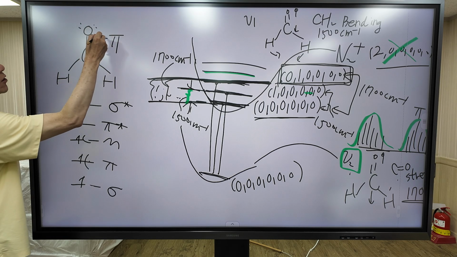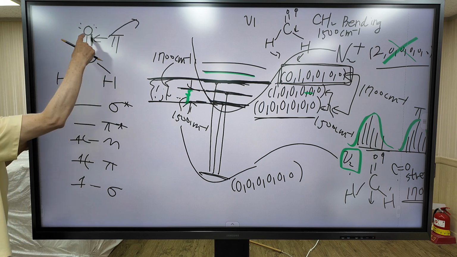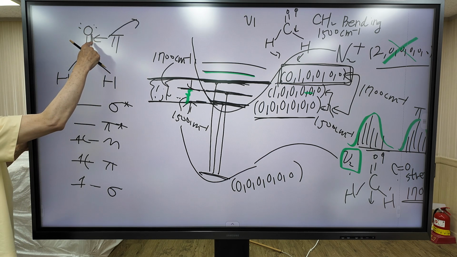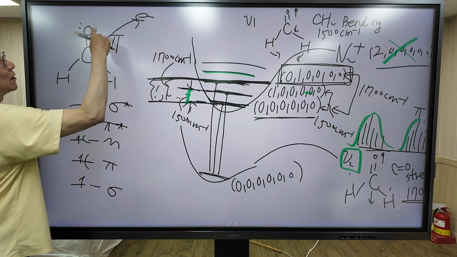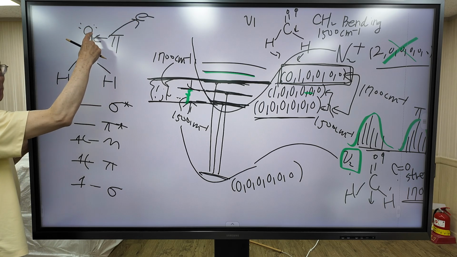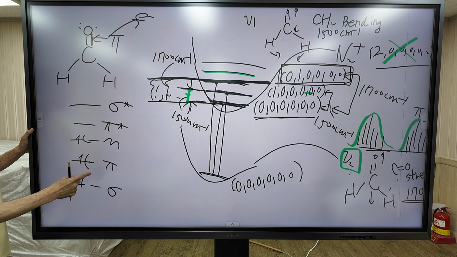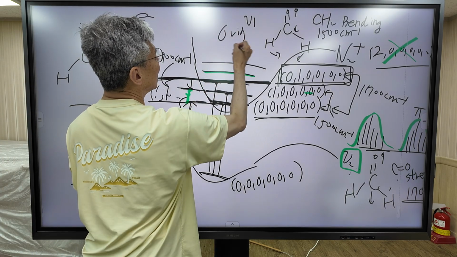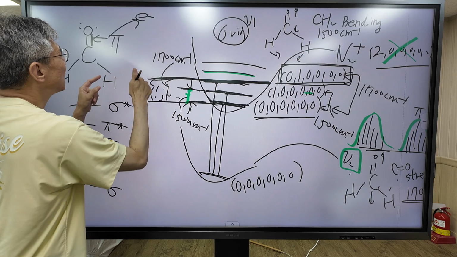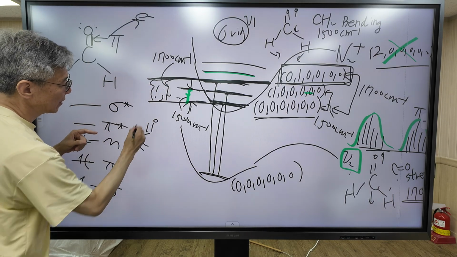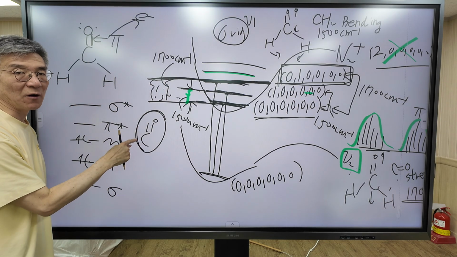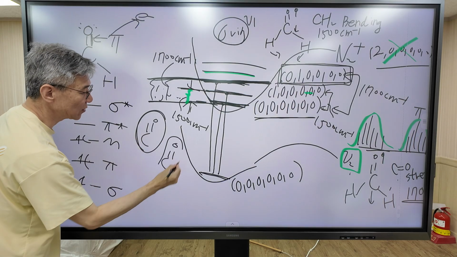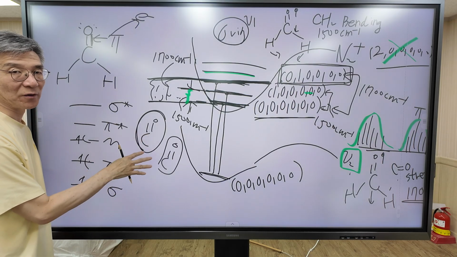When electrons in the pi orbital are removed, the CO bond is weakened, right? When the electron in the pi orbital is removed, the CO bond strength weakens because this is the bonding orbital. There are 6 vibrational modes. Out of 6 vibrational modes, only CO stretching is most severely affected. This CO stretching is the mostly affected bond.